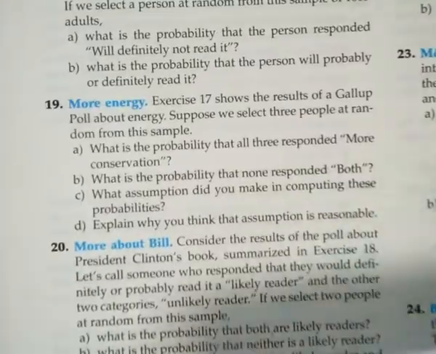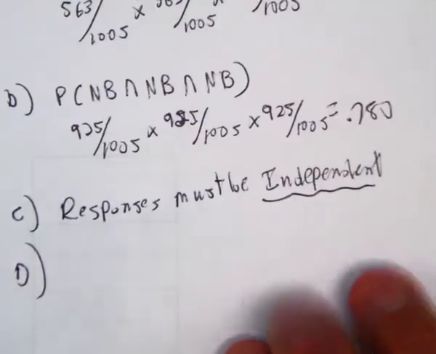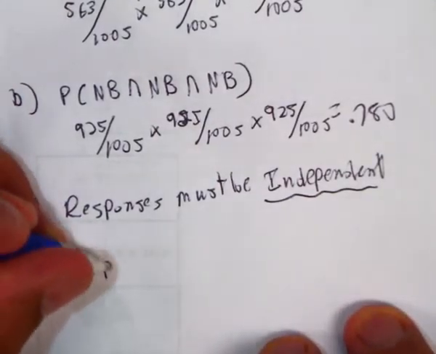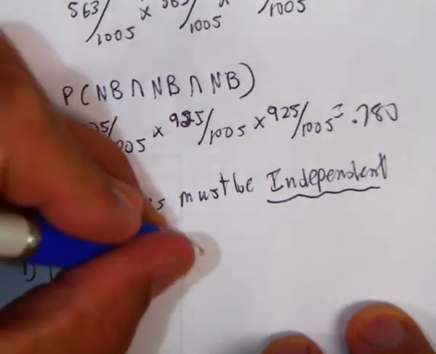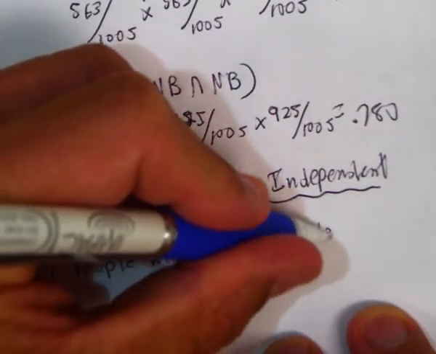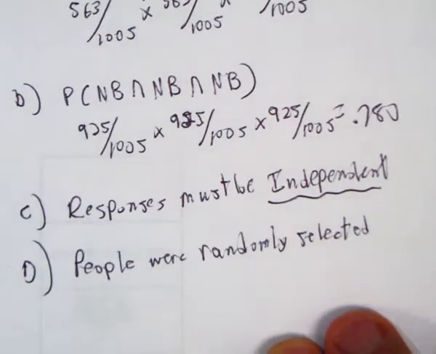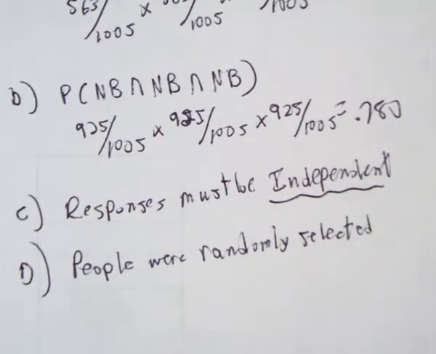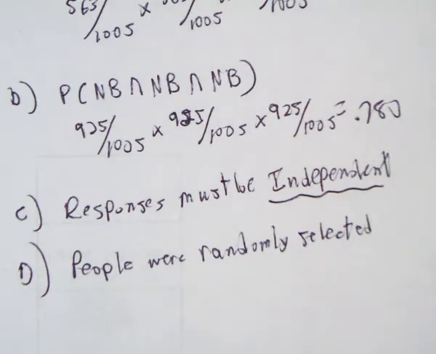So it's reasonable because the people were randomly selected. Okay, now if we just went out and said, hey, you 3 right there, then that would not be random. Since these people were randomly selected, it would not be